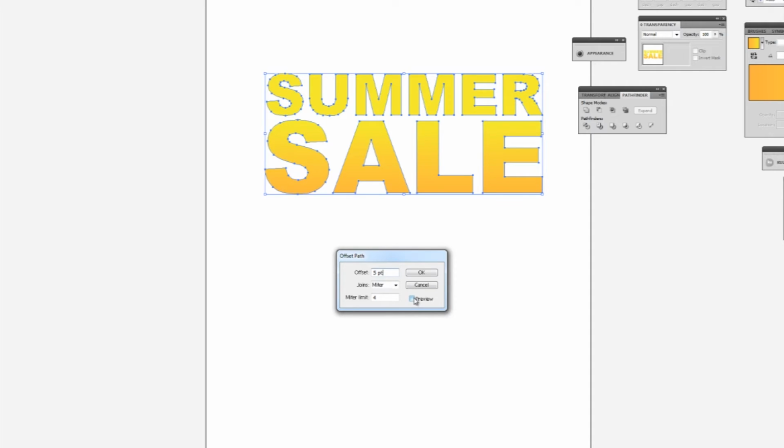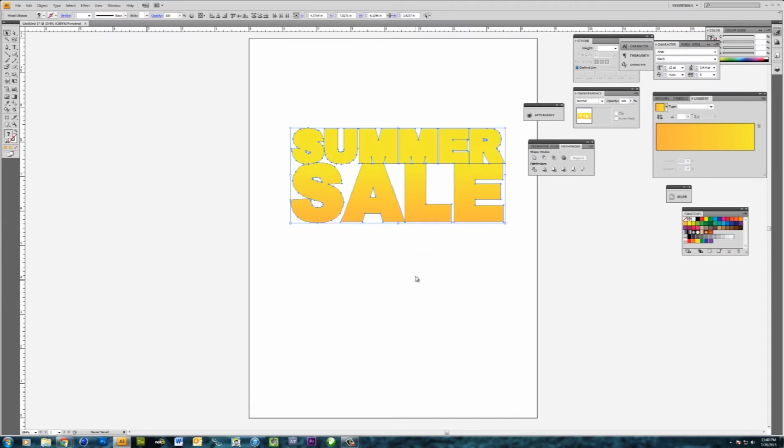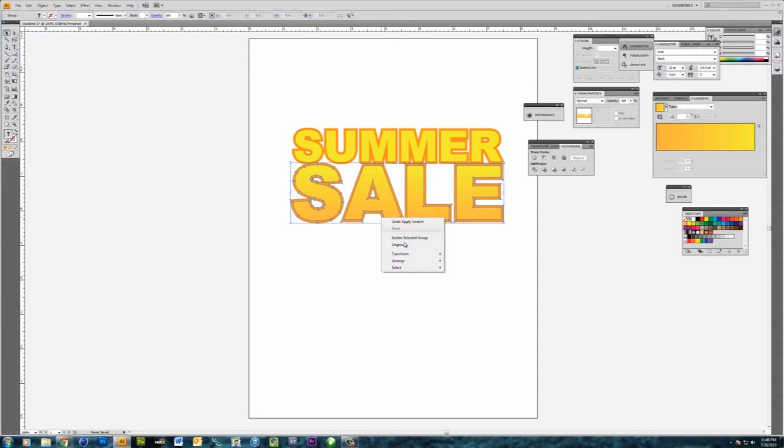And I'm going to see how it looks by clicking the preview button. And I actually like the thickness on that. So I'm going to click OK. And I'm going to select a darker orange. And I'm actually going to do another outline on this that's black. So I'm going to ungroup this outline from the bottom portion of the text and ungroup the outline from the top portion, and I'm just going to select those darker orange